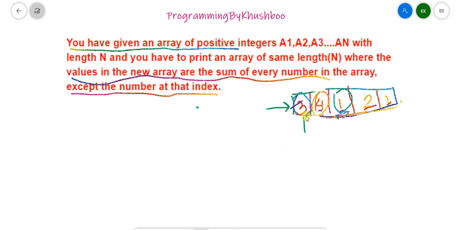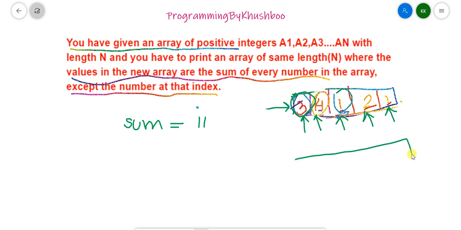Instead of adding all the elements every time, what we are actually doing is adding all the values except that index value. So can we create a variable sum and store the summation of this array? The summation value will be 4 plus 3, 7, 8, 9, 10 and 11.